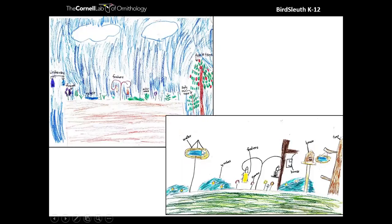When we think of cover, we can think of canopy levels. Do we have low shrubs, bushes, as well as higher up canopies like trees? Do we have a diversity of native plants that provide natural food sources along with our bird feeders? These are all